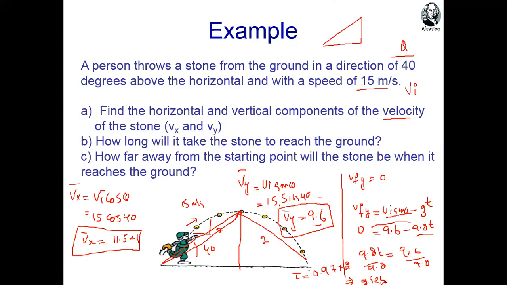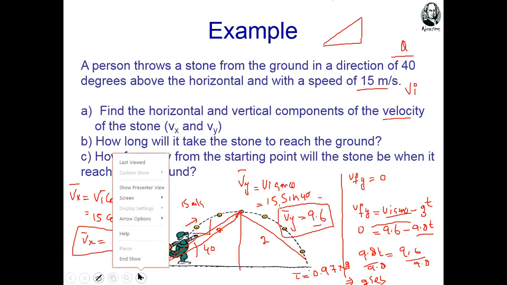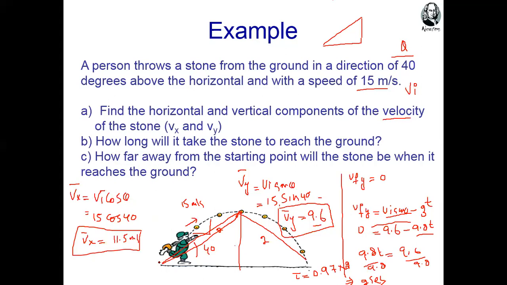Yes. Okay, wait just 1 minute. Sir, why did we multiply by 2? Okay, why do we multiply by 2? Because this was up to the highest point, one side. Then the same time will be taken to reach the ground. So this is 0.9, this one is also 0.9. So the total is equal to 2.26.